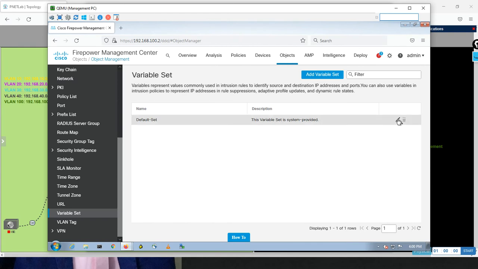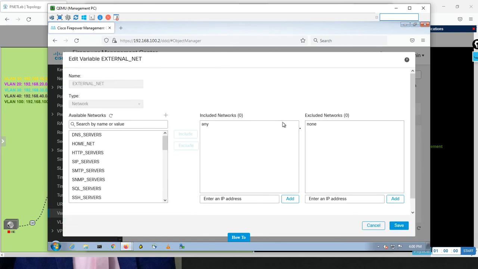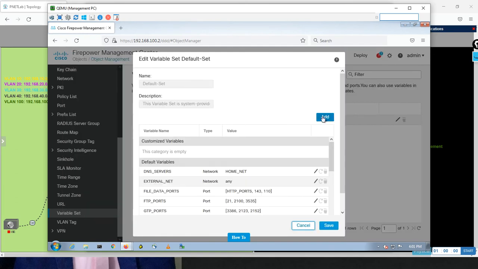If I edit this one, here the external is any. If I give it a value, for example, I will create my own rule set. Let me create one, add,